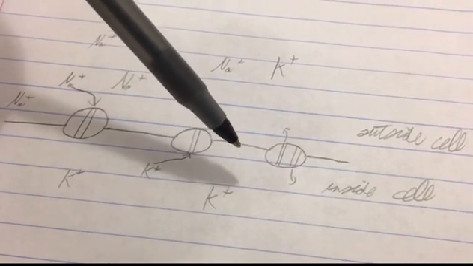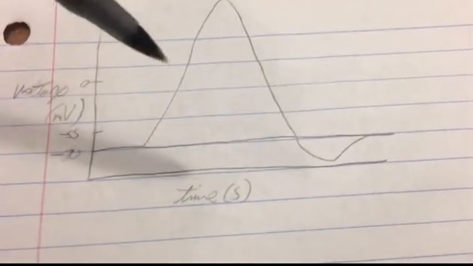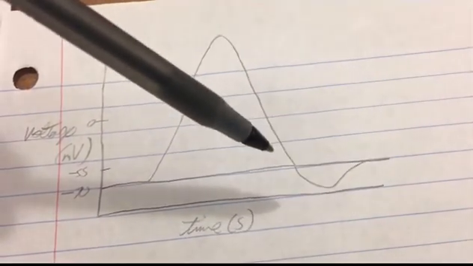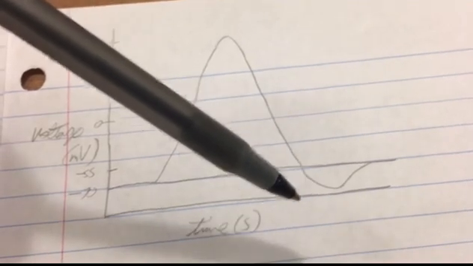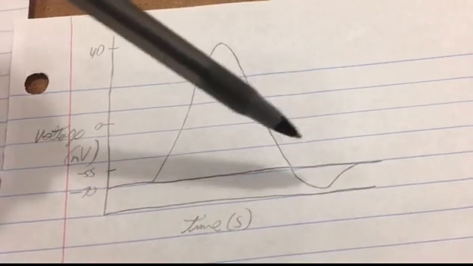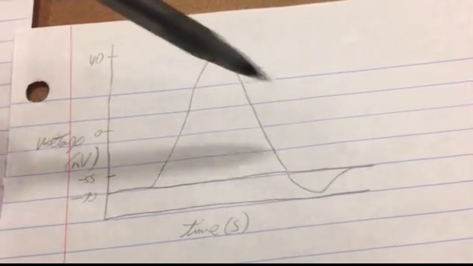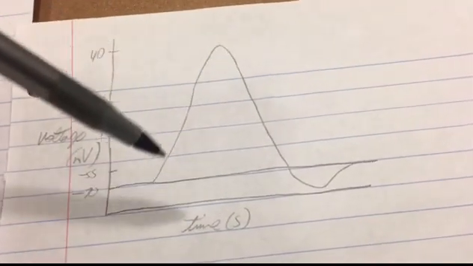So then these work to bring the neuron back to its resting potential by bringing potassium ions in and sodium ions out. So that would bring it back to the resting potential of -70,